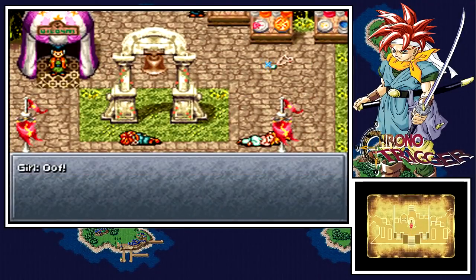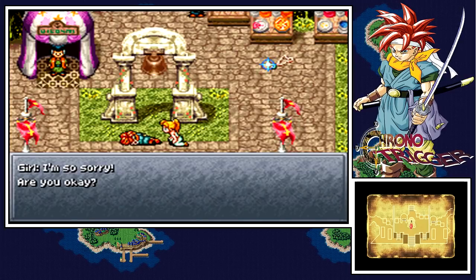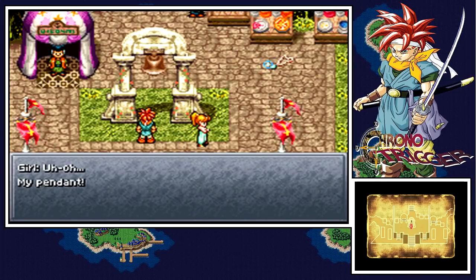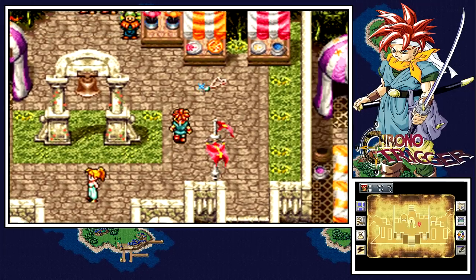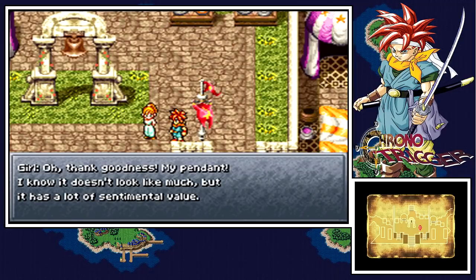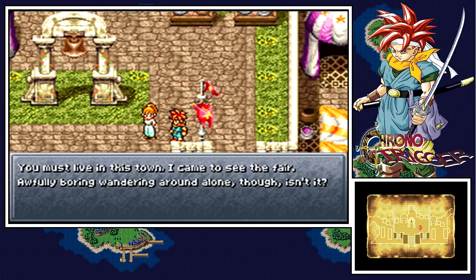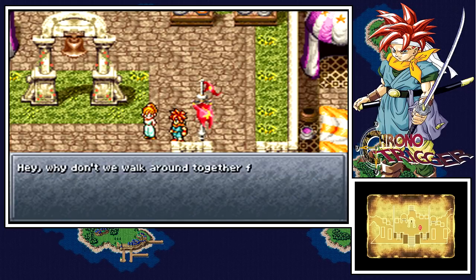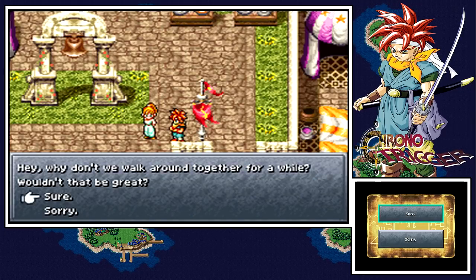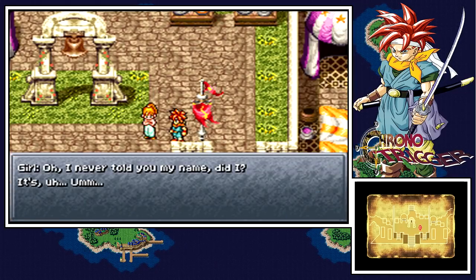Like her. Ugh. Ouch. I'm so sorry. Are you okay? Uh-oh, my pendant. Is this it, ma'am? Oh, thank goodness. My pendant. I know it doesn't look like much, but it has a lot of sentimental value. May I have it back? Thank you. You must live in this town. I came to see the fair. Awfully boring wandering around alone, though, isn't it? Hey, why don't we walk around together for a while? Wouldn't that be great? Yoo-hoo, this'll be fun. Oh, I never told you my name, did I? It's,